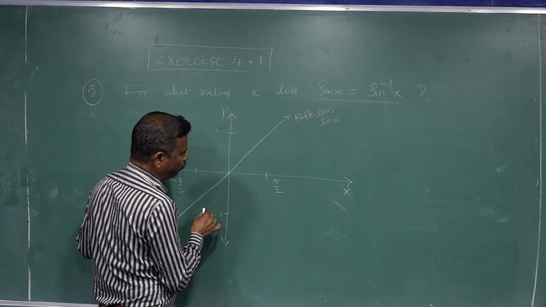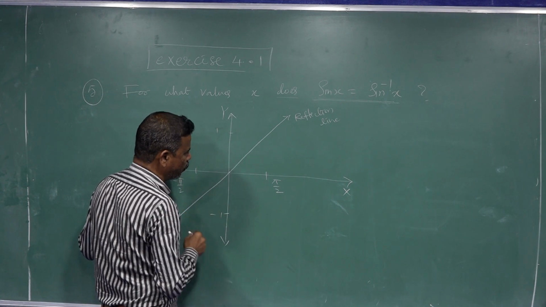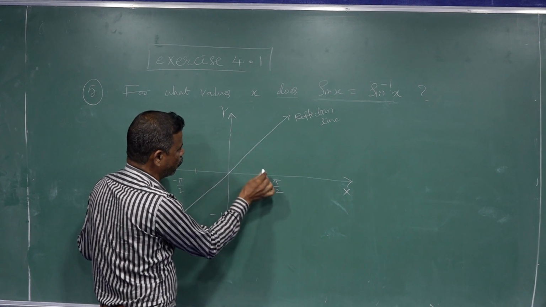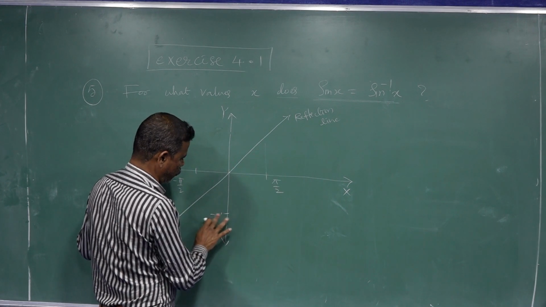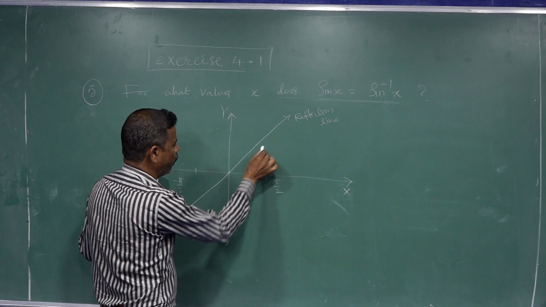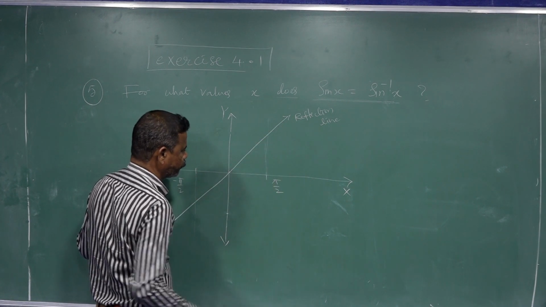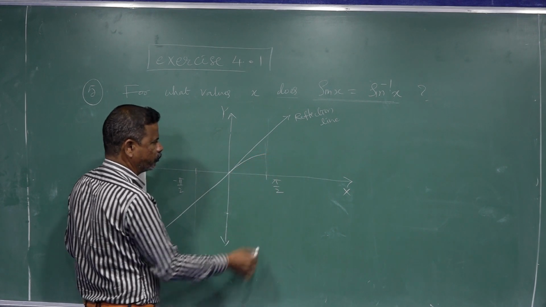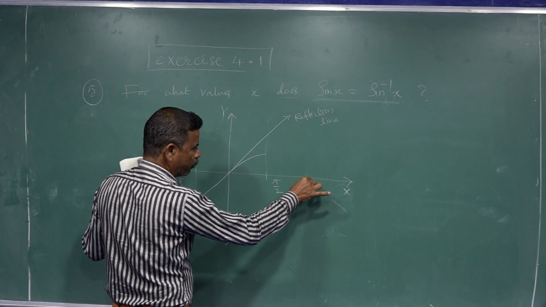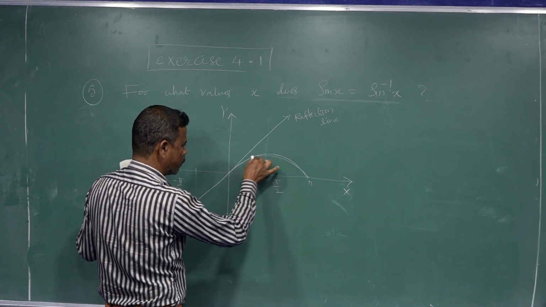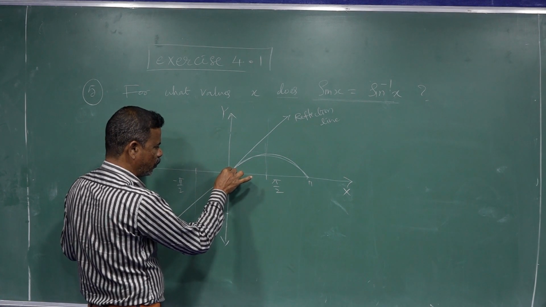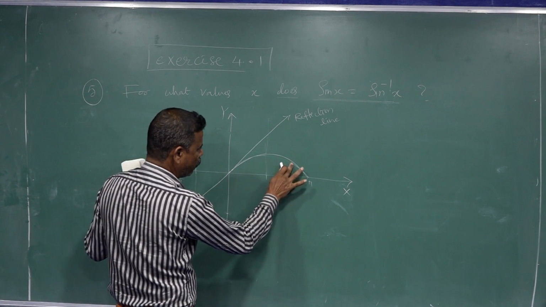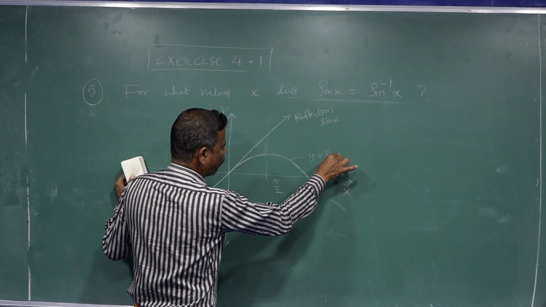So correctly, obviously these values, minus 90 to plus 90, how is the sine graph? This side it goes like this. After this π, it meets at π. This is the sin x graph. After this, the left side also comes like this. So this is the y is equal to sin x graph.